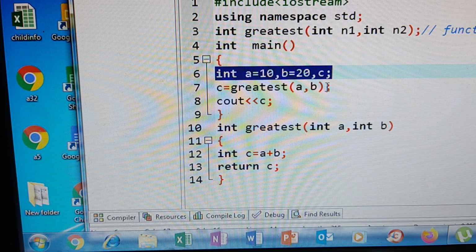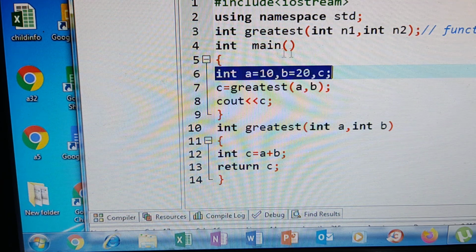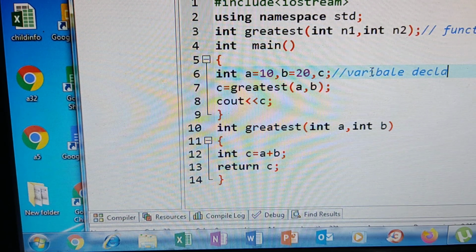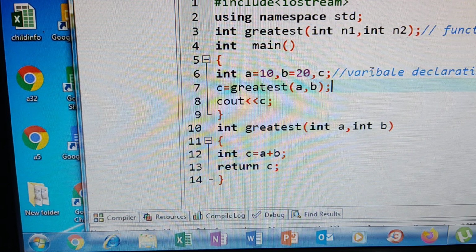Calculating the sum of two numbers. When you are calculating the sum of two numbers, that result should be stored in one more variable, no? For that purpose, I am taking C. This is actually the variable declaration. The next one is the function calling.